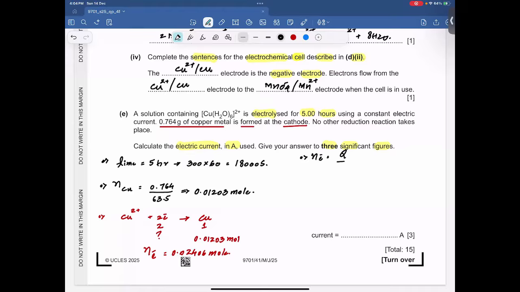We need to find out the charge by using the Faraday constant. So moles of electrons into the Faraday constant. Moles of electrons is 0.02406 into the Faraday constant, 96500. So the value of charge is basically